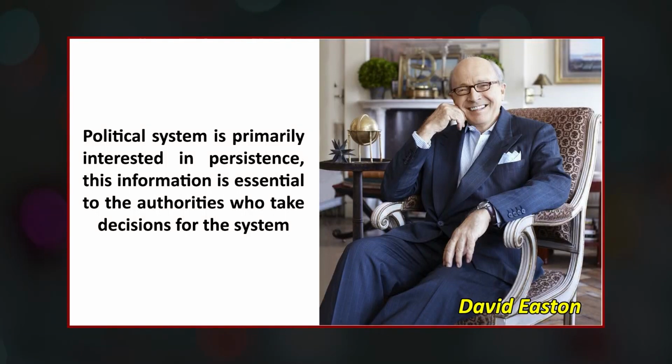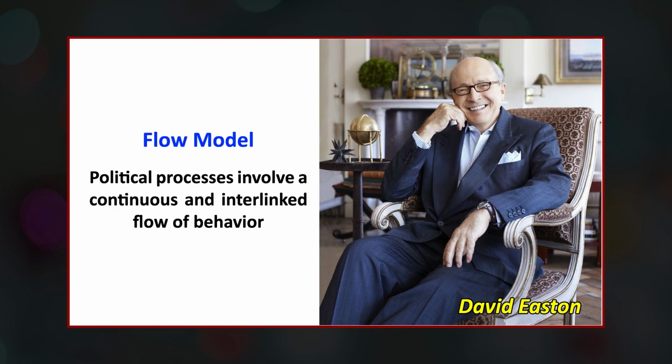Since a political system, according to Easton, is primarily interested in persistence, this information is essential to the authorities who take decisions for the system. David Easton calls it a flow model of the political system, as the political processes involve a continuous and interlinked